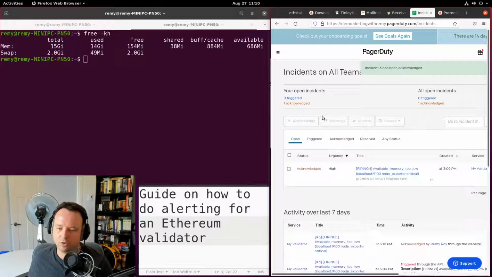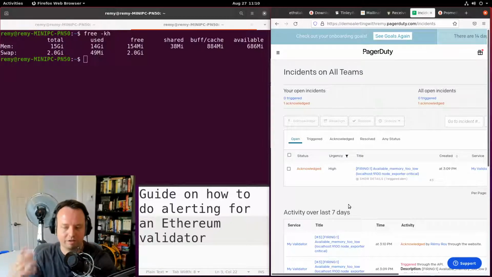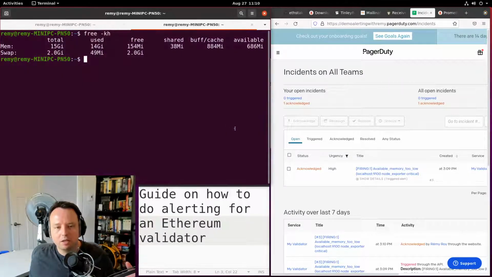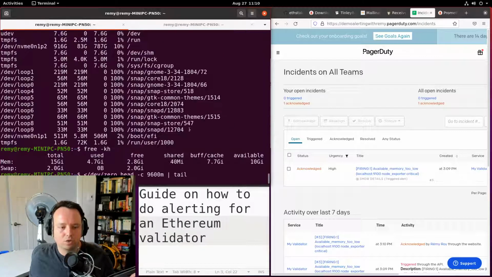You don't really need to acknowledge your incident in PagerDuty if you just want to receive notifications, but maybe you want to manage those potential issues with rigor or discipline. Maybe that's something you want to do. It's all possible with PagerDuty. All right, so now we saw that our test worked,